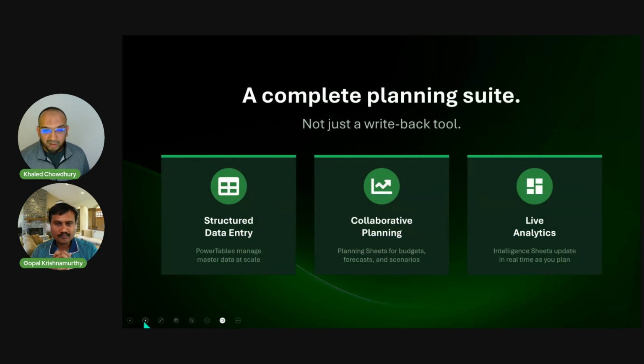All right. So I think let's start getting into more of the fun part. It's not just a writeback tool. It might be writeback for some people, just thinking about doing Power Table and stuff like that. But it's a planning suite. I know I come from finance. Obviously, it's close to my heart. But planning doesn't belong to finance. It belongs to everybody, right? So from that perspective, any organization that's planning, this is important.